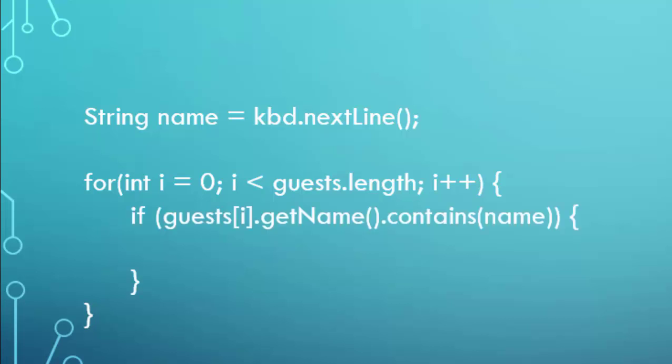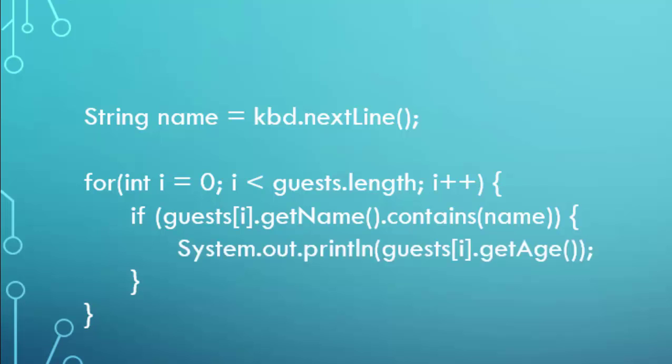How we can do this is we can add an if statement. If, get the name of the current guest, so the guest at spot i, if their name contains. We could use equals or equals ignore case, but this way lets us put in Mozart instead of having to type the full Wolfgang Amadeus Mozart. So if the string contains the string we're looking for, then we've found our guest, and we're going to print